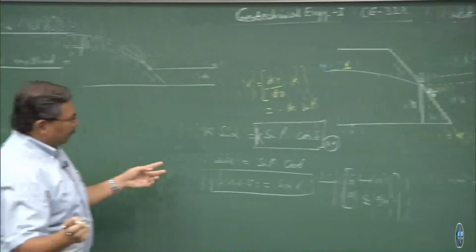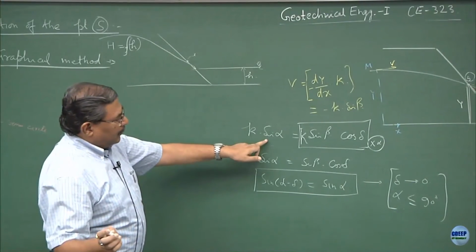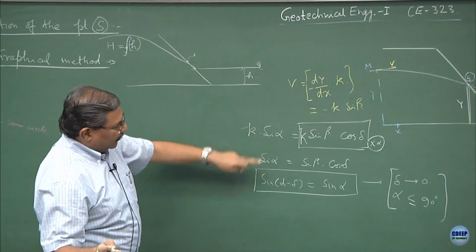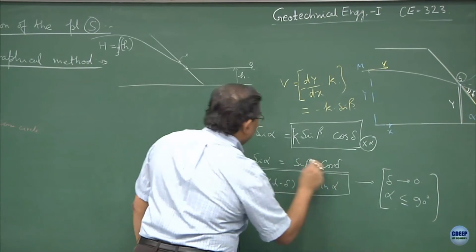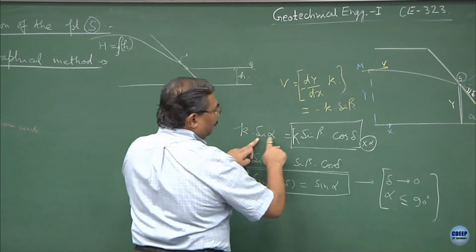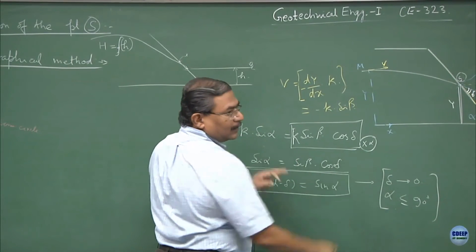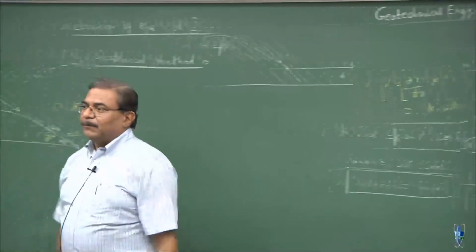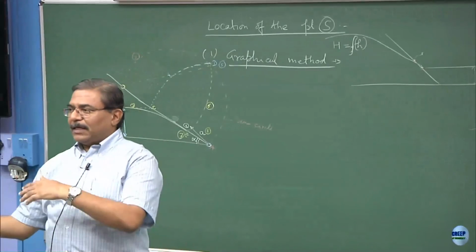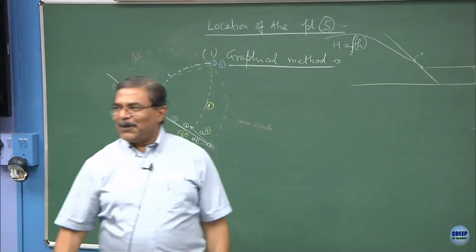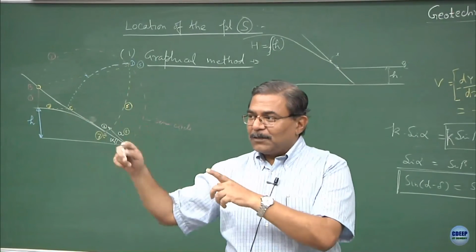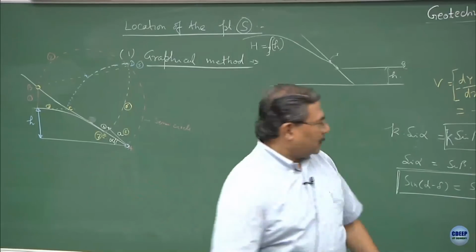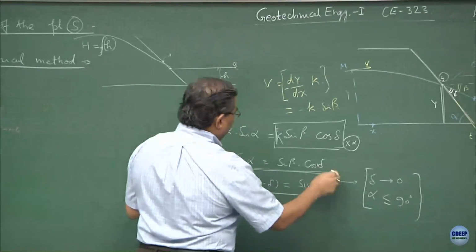Sin alpha minus delta should be sin alpha by cos delta. So you expand this. What is going to happen? This will be sin alpha minus sin beta equal to cos delta. So you do the entire procedure, sin alpha minus sin beta. That cannot be done. So sin of a minus b has that series: sin a cos b minus cos a sin b. Then you analyze this function and try to get this.